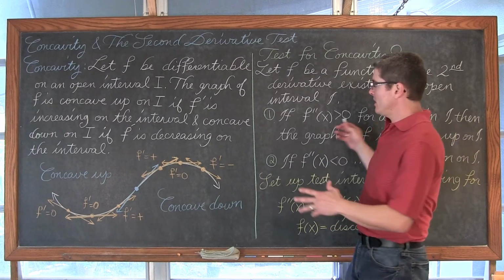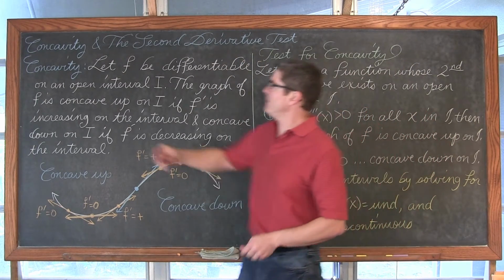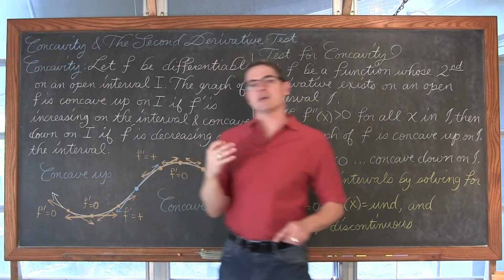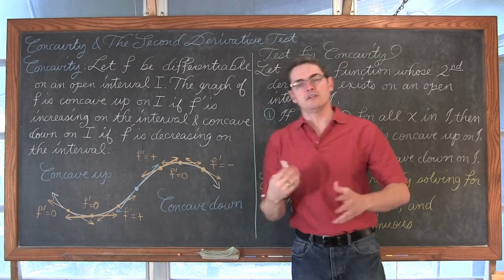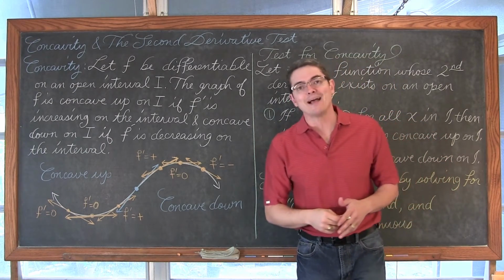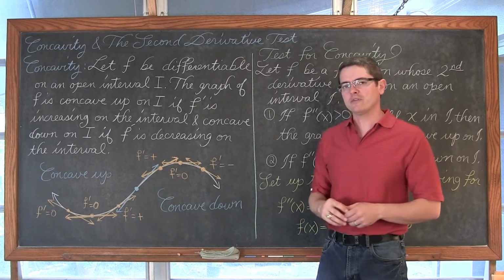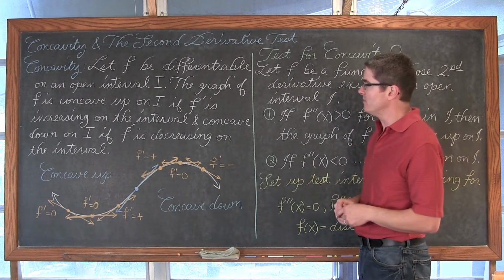We're going to be looking at the second derivative test. With the second derivative, we're going to be able to talk about concavity. We're going to be able to talk about inflection points. We're going to use that second derivative test, if we have the second derivative available, to help us identify relative max and mins, just like the first derivative test does for us, but I actually prefer the first derivative test if I have that available.